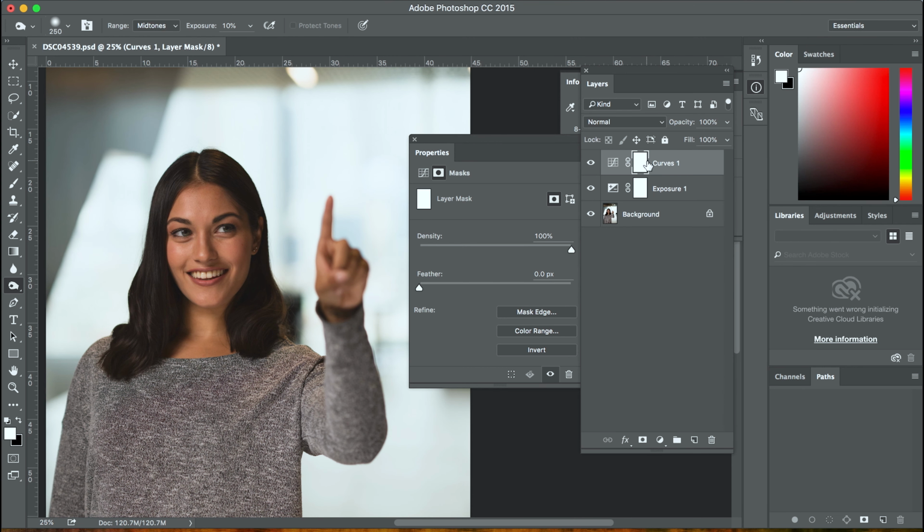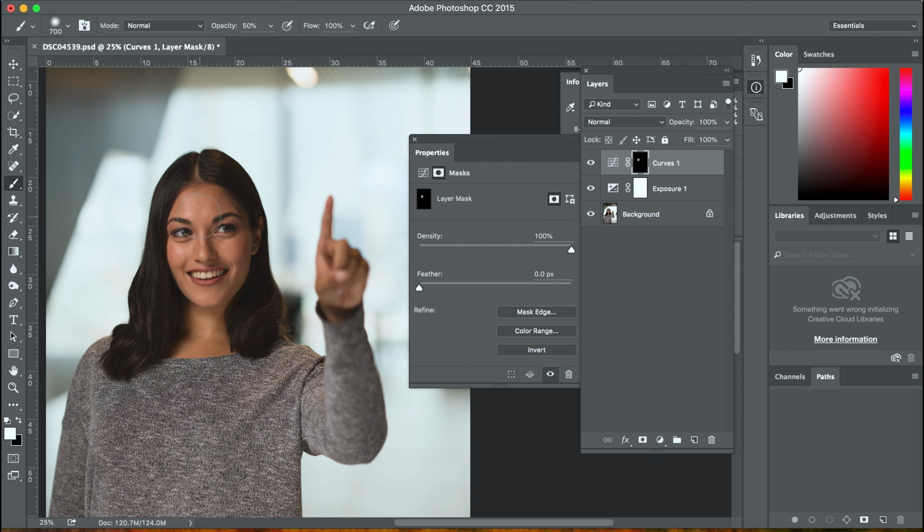I like clicking my layers on and off so that I can get a better understanding of what I'm affecting and what I need to do moving forward. With the mask of the adjustment layer selected, I'm just going to fill everything in black, so it masks out the entire adjustment layer. Then I'm going to bring back just areas of her face using, I don't think 10 will do it, but maybe 50